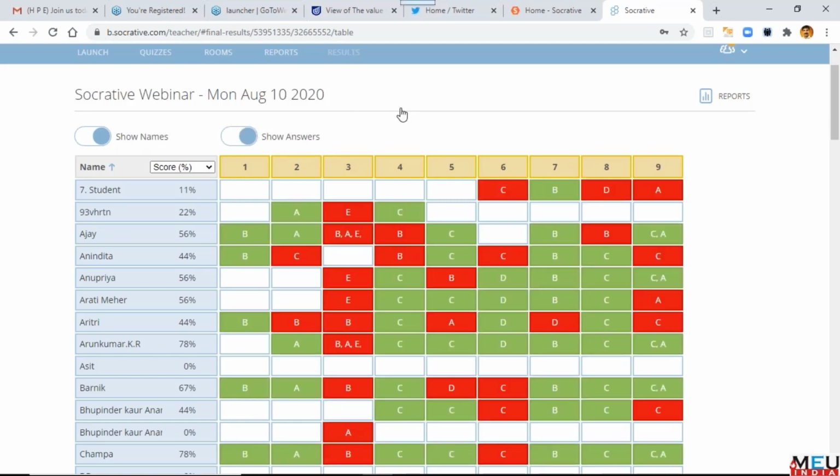So this is the beauty of this, and this is what will help the teachers. You all participated in this. As a teacher, if everybody completed, you will see where the red is more.